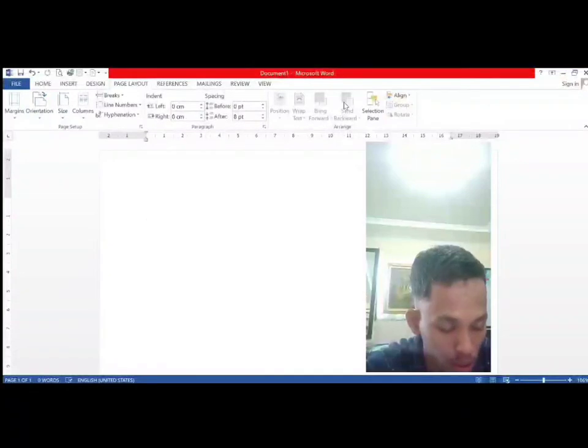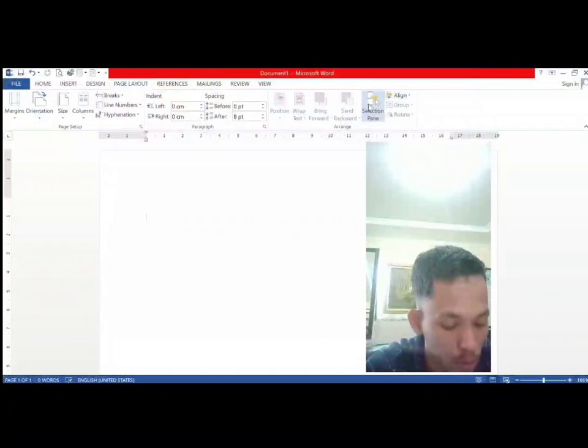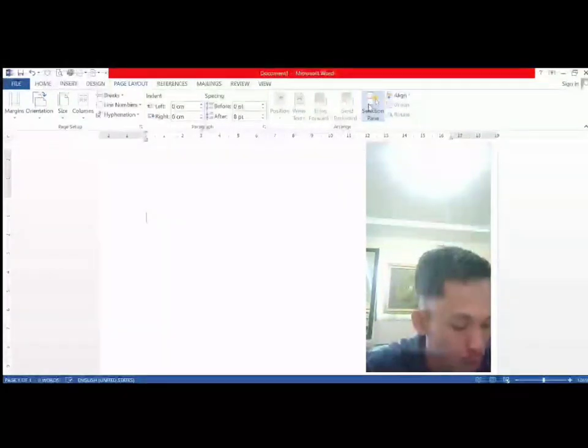Next, selection panel is a panel to set objects such as images and shapes to hide, appear, or make it easier to select all or some specific objects. Next, align. Adjust the alignment of the image to the text.